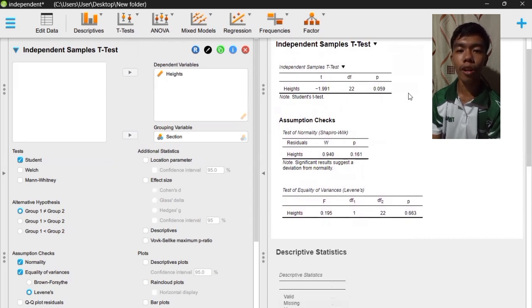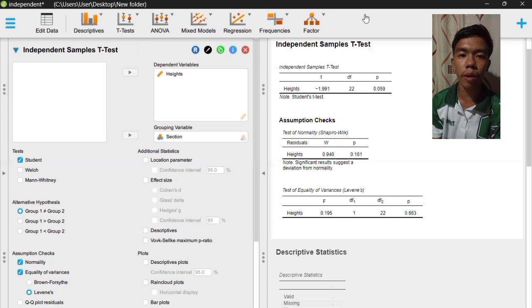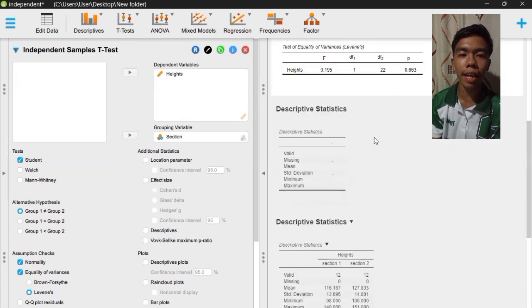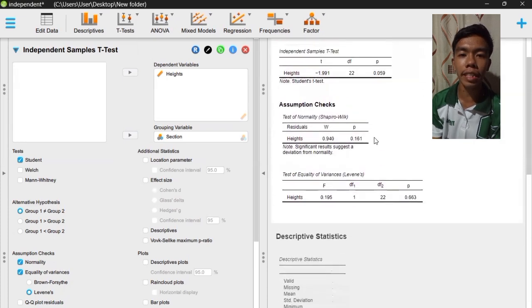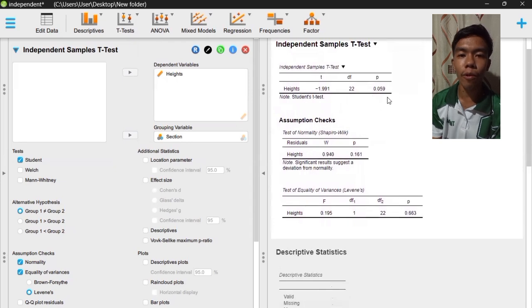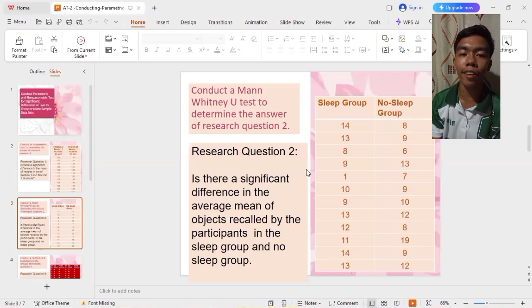That is an example of using the t-test. Again, in solving for the t-test, check the following in the JASP software: students' normality, equality of variances, and your descriptives. That is the most important thing in order for us to properly interpret data in solving independent sample t-tests. Since we are done already in using independent sample t-tests in answering research question number 1, now, let's proceed to another test and another example.